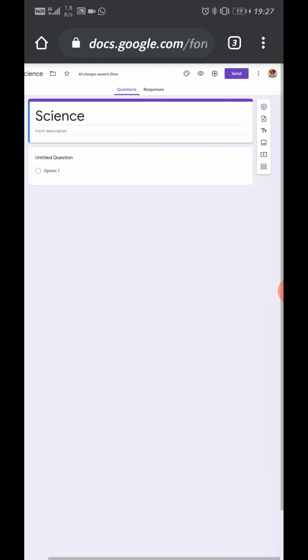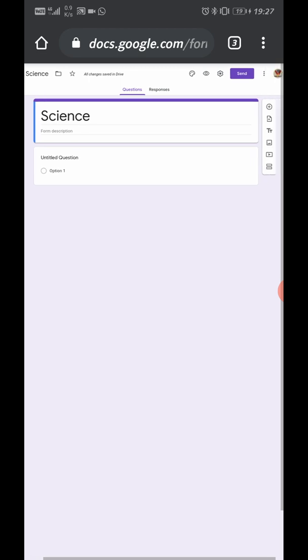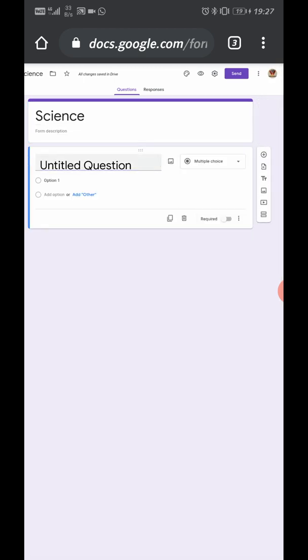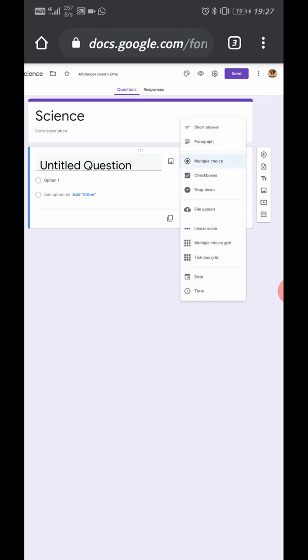So the first step is to add the questions which ask the name, the class, section or the roll number. So first of all we will add the first question that will ask about the name of the student. So here the student will write his name or her name, so we will choose short answer.